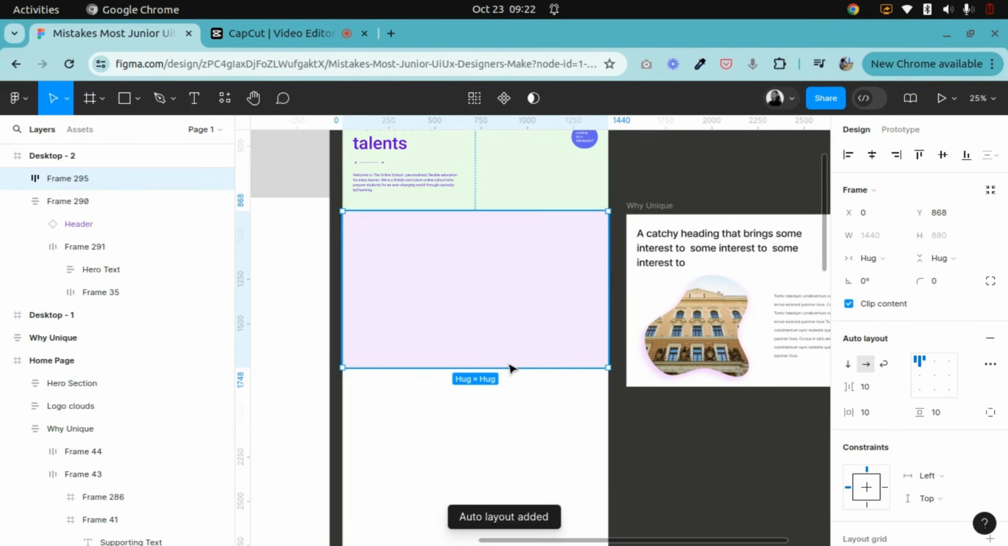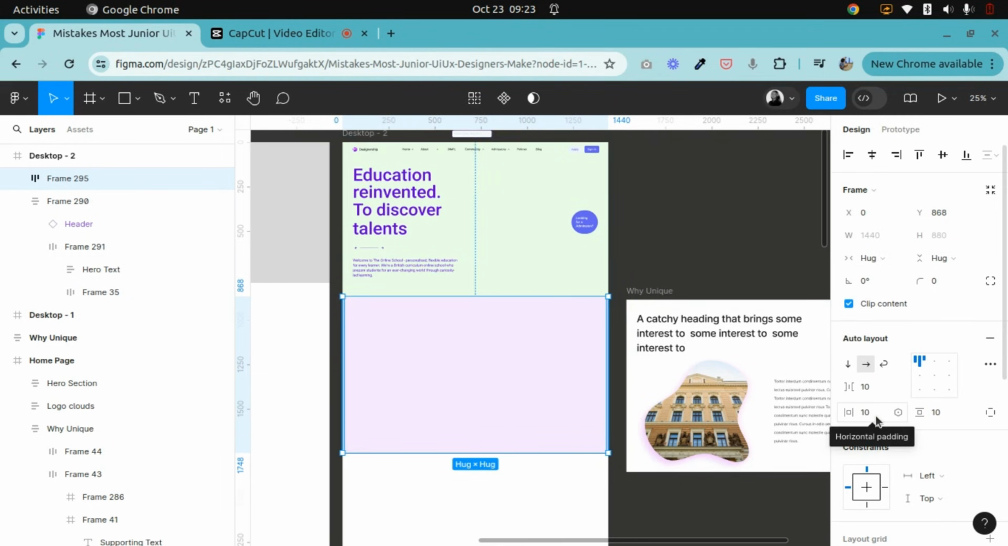When we add auto layout, we're going to give it a padding. This box has a padding, also a horizontal padding and a vertical padding. That's how it is on HTML. So we have to make sure we define the horizontal padding. We'll be giving here